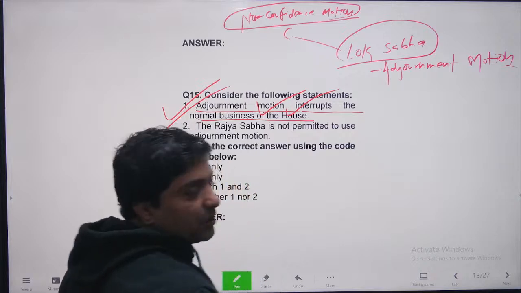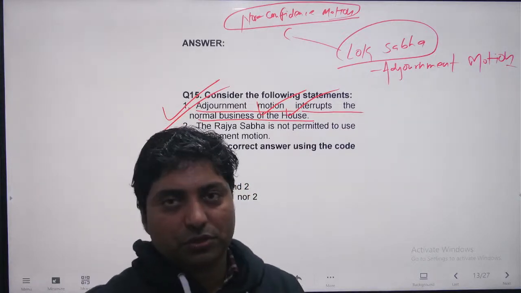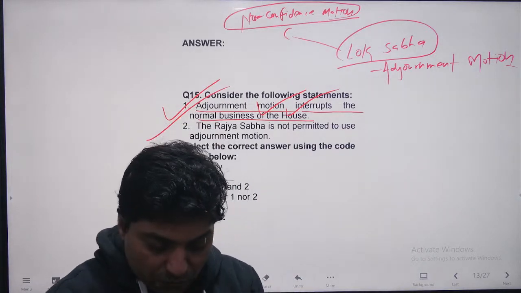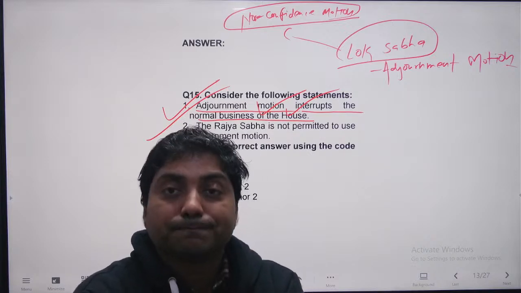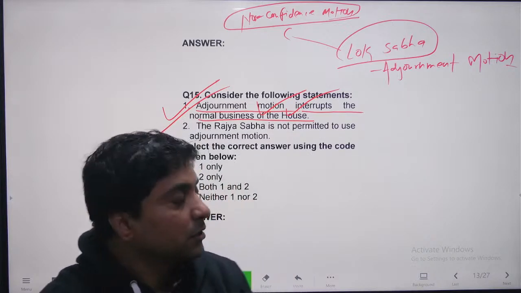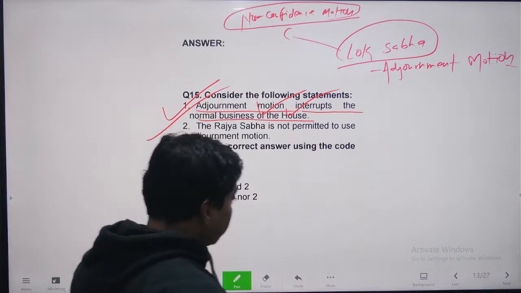Lok Sabha is permitted to introduce a no confidence motion. In the Rajya Sabha, a no confidence motion is not introduced. So that is the thing. Now